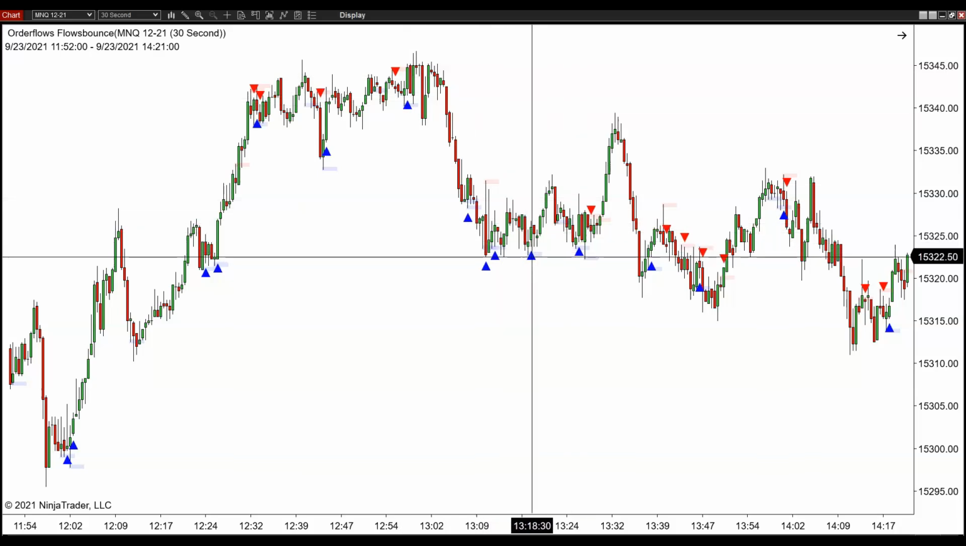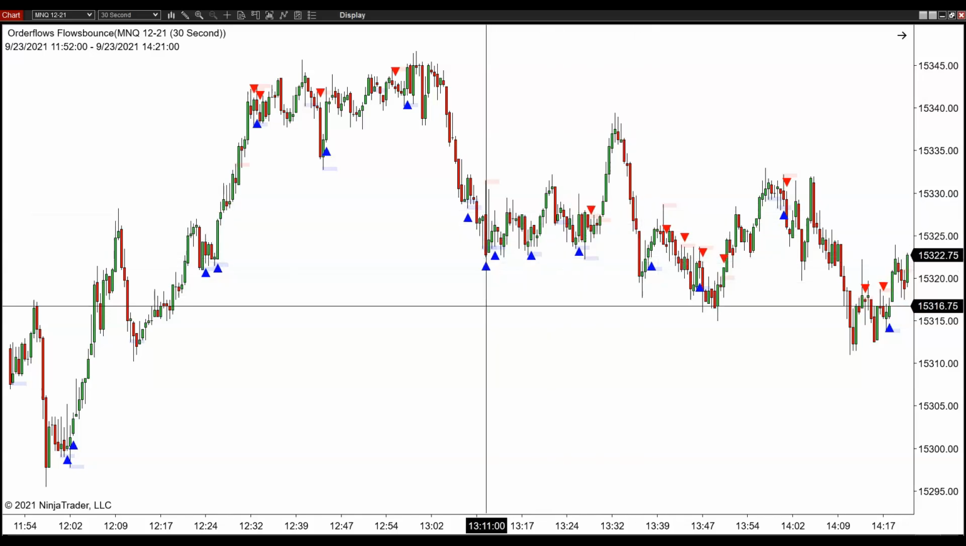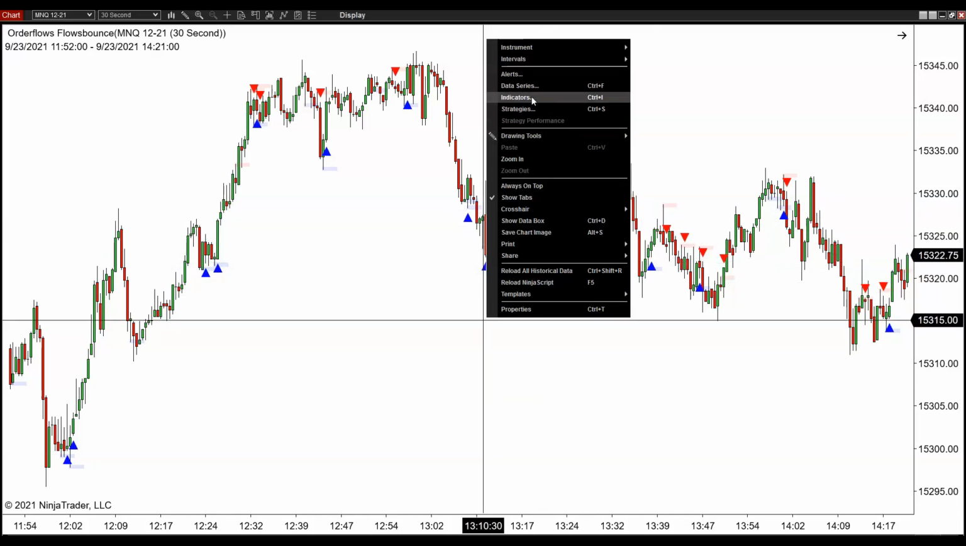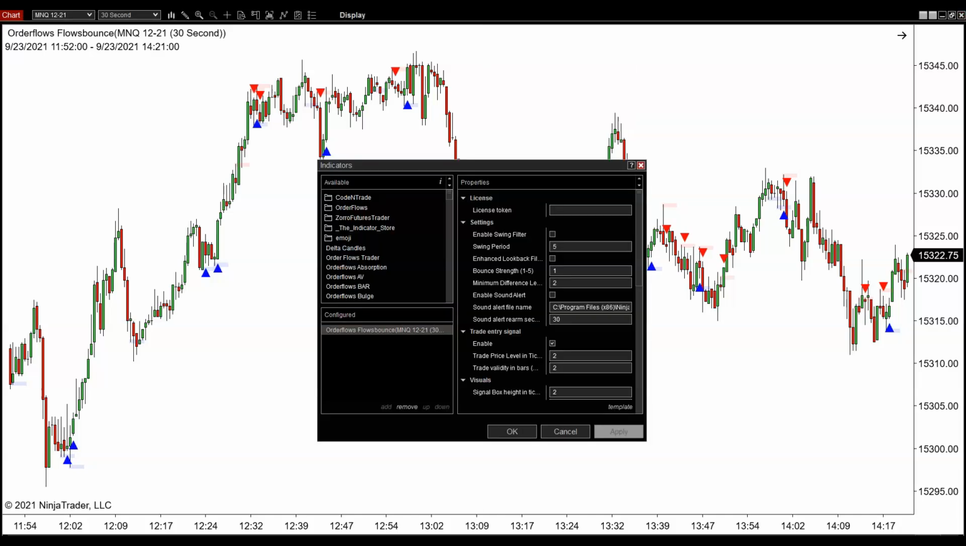We sort of came into the support area in here. You can see it right there. You can see it right here, and a little bit of back and forth. I hate to say clean it up, but if you were to make it stronger, you'd probably have less signals. Minimum difference level 4,